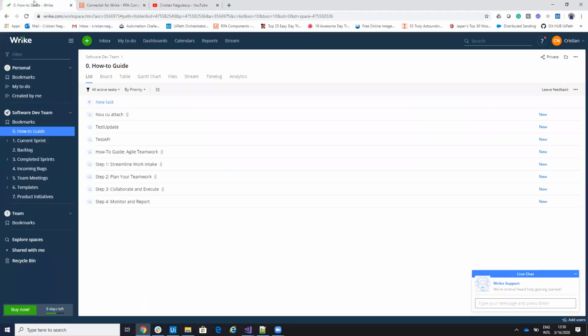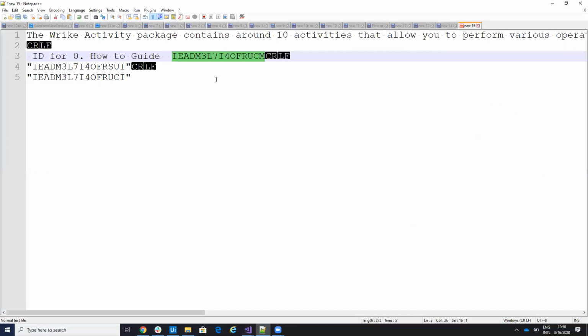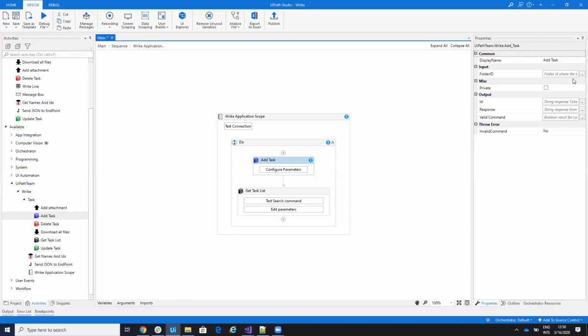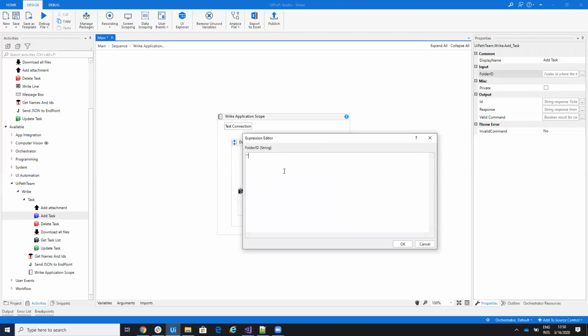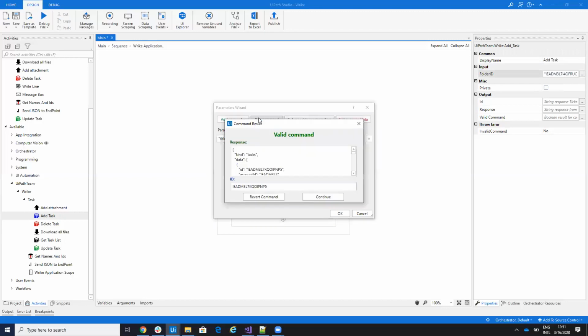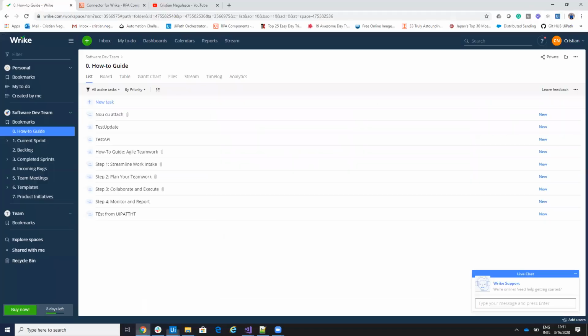Here on Wrike, you have different spaces and folders. For the demonstration, I have the ID of the folder. This folder has this ID, and I will tell you how you will get the ID of the folder at runtime. So I will go here on UiPath, and it asks me for the ID of the folder, which is mandatory. I put the ID of the folder, and now when I run, I will see that I have a valid command. And if I take a look at this folder and hit refresh,